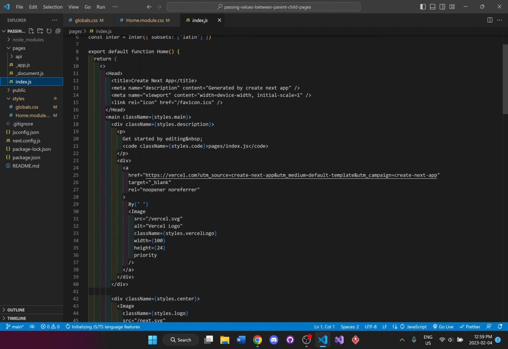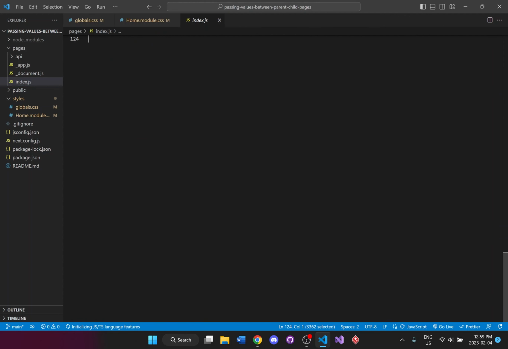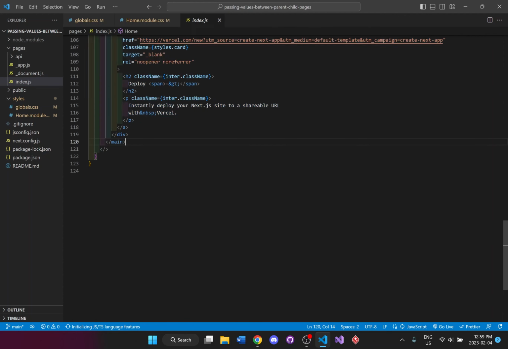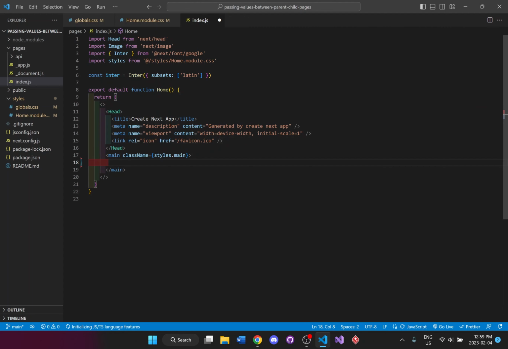Index here, I'll just delete everything in between the main. There we go. And what I want to do here is import the parent to child and child to parent pages, and we're going to be using it and displaying information based on the clicking.